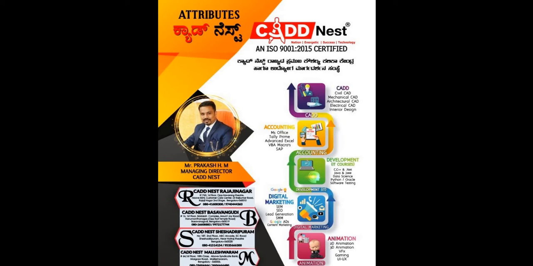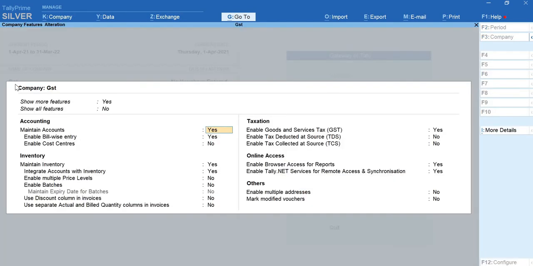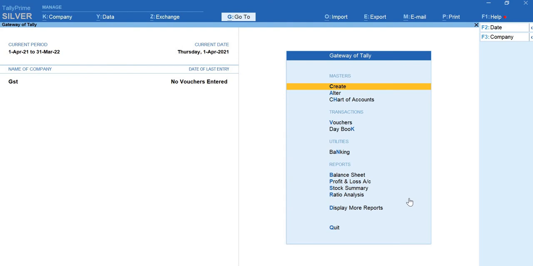So I'll get back to Tally, and as I have told, I'll take the same company's example that I have created yesterday as GSTs. For a quick brush up, in yesterday's class we created a company and I enabled the GST in it. I have furnished the GST details, and we have created the ledgers that are required for the purpose of GST.